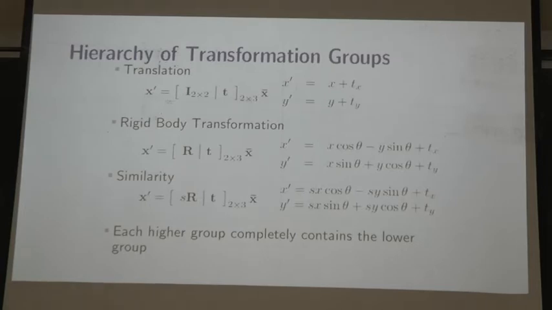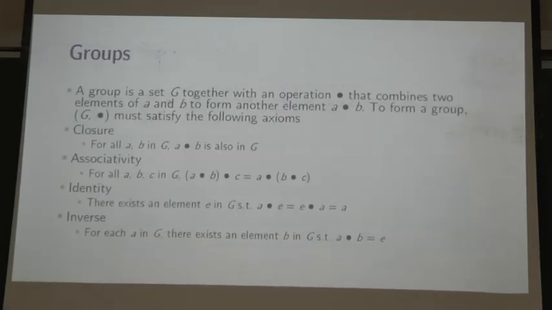The operator here is translation. I mean the operator here is this T in this form of the matrix. That's how you apply your transformation. So this equation is the operator, and the set here is the set of all possible vectors T, because any one of them is a translation. So my claim is that translation is a group. Translation on the set of all possibilities is a group. Let's go back to group axioms and verify that they all hold true.